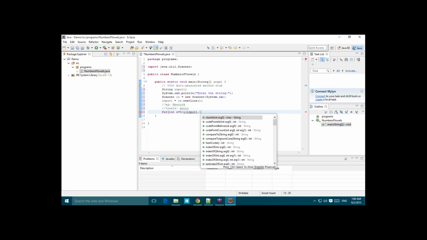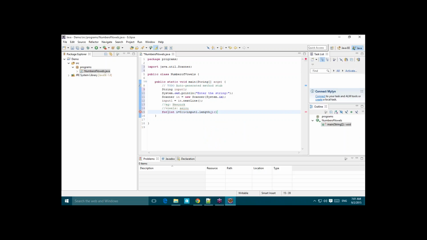So what is the length of a string? How will we get that? Dot length. Then i plus plus. Perfect. I'm opening the braces and closing the braces. So we got the iteration now. We wrote a loop here, and now what we'll do is